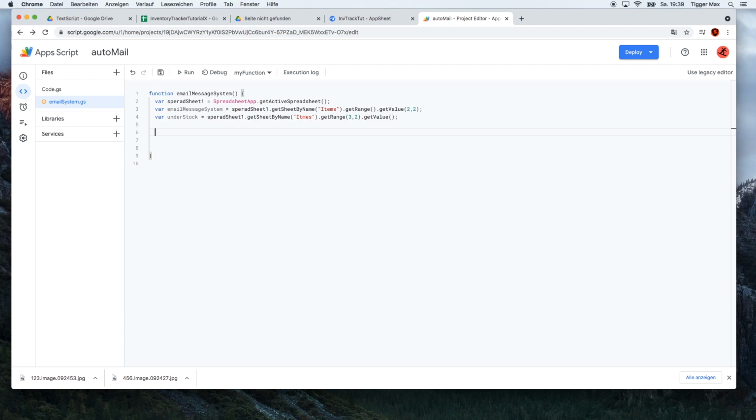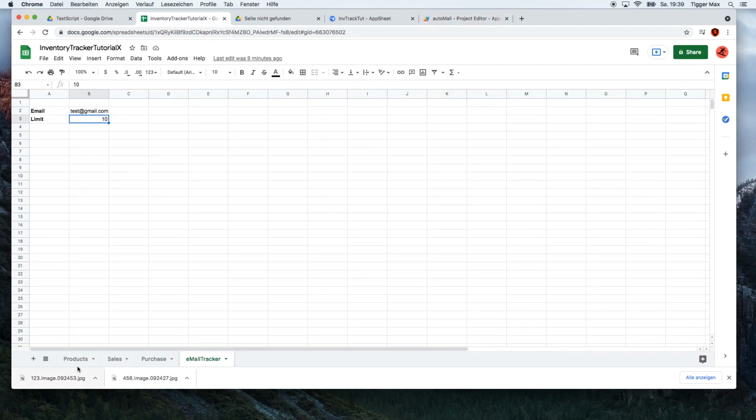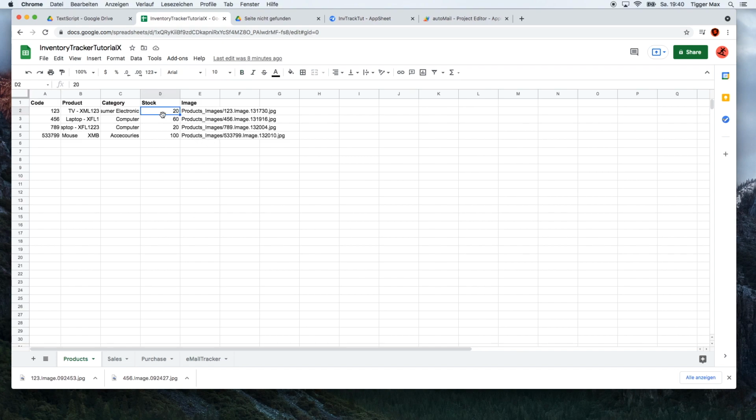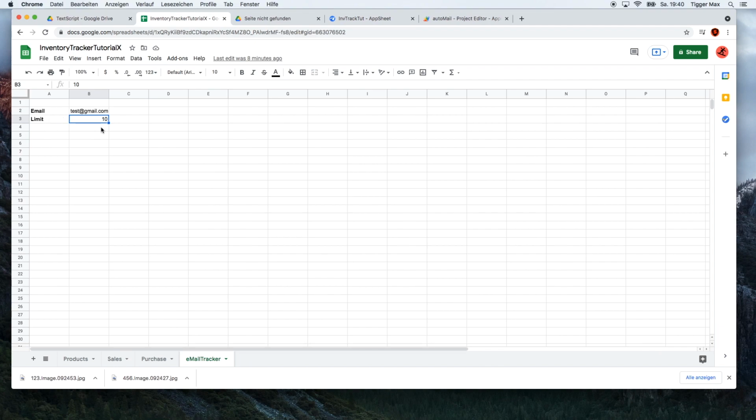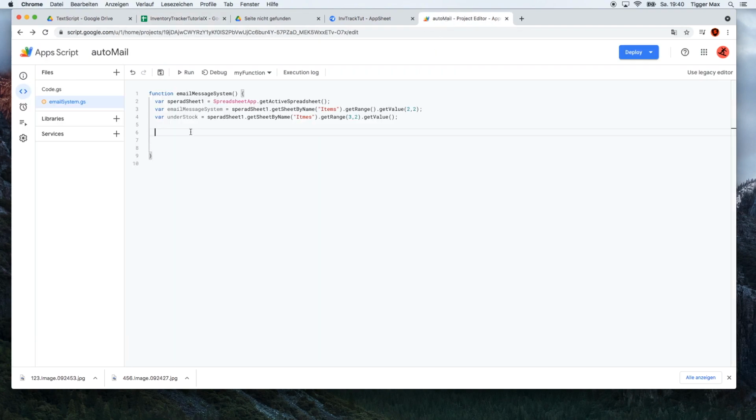Okay, now we will do the iteration. That means we need to iterate, so go through every number of the stocks, and if it's lower than 10, or if it's lower than our limit, what we already put here, then the system should make us or send us an email. So here we make a variable, let's call it sheet, SpreadsheetApp, get active,